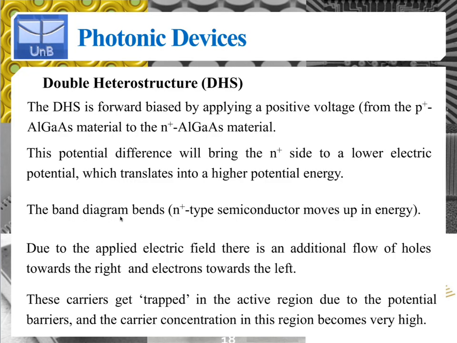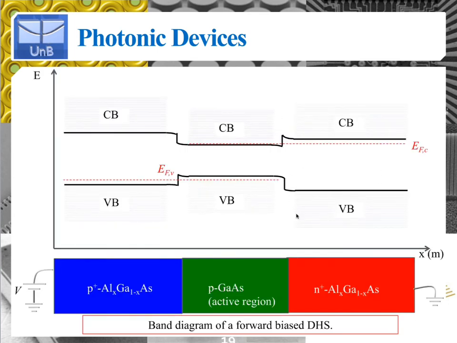Okay, so the band diagrams will bend again, right? The heavily doped N-type material will move up in energy, as we've just said, and it will actually now look like this. So this is with the external, direct bias, which we've just discussed. So you're applying positive potential to the p-type